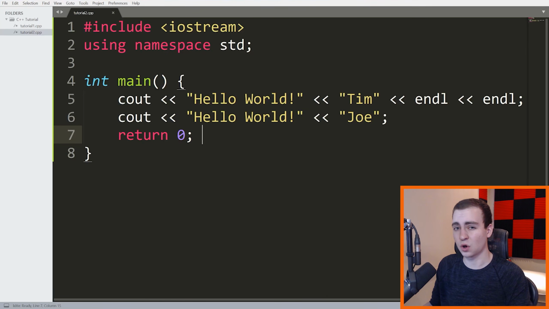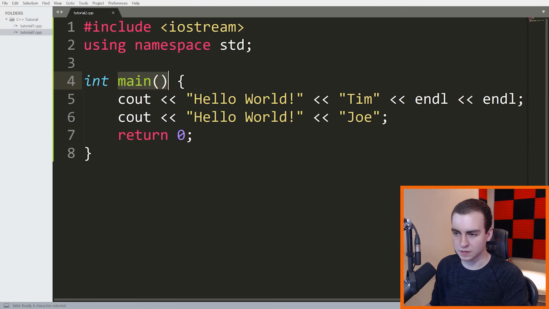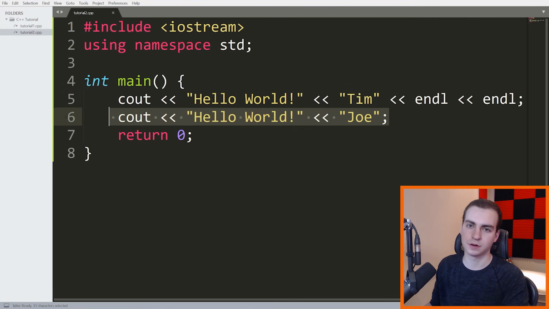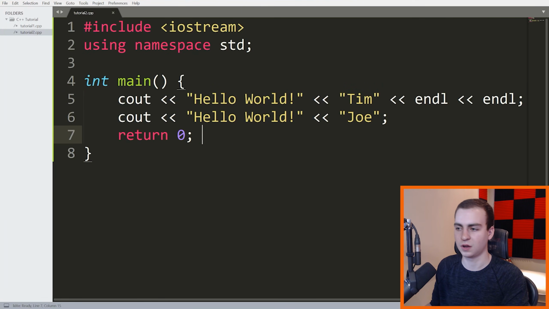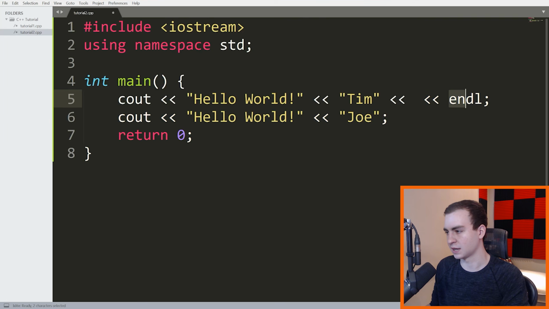And honestly, I think that's all I really needed to discuss in this video. So let me just quickly recap. As you can see, we're reading line by line. We start in this main function, and then we read the first line in the main function, the second line, the third line, and so on and so forth. Now, cout does not automatically print something on another line. So you need to make sure you're explicitly saying if you want to go to the next line by using that \n or that endl that I just discussed.